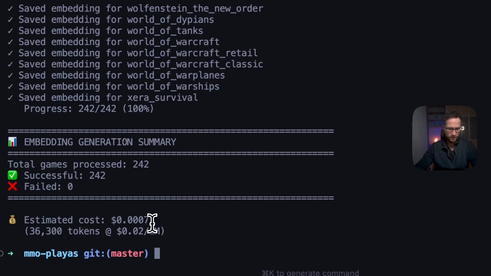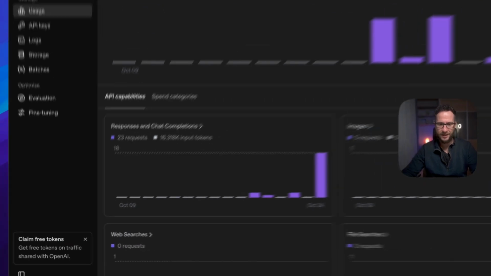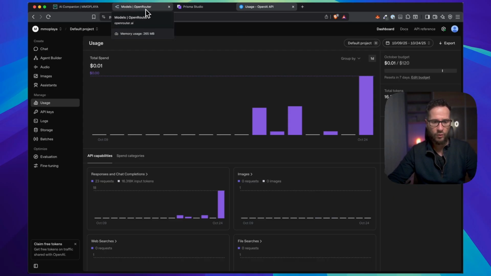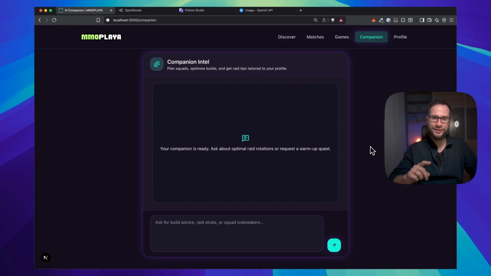So as you can see, it's super cheap. For embeddings, I'm using OpenAI API. You can just use this, but there are many other ways to generate embeddings. I'm not saying that this is the most production ready option, but I think it's something that you can get going quite fast.